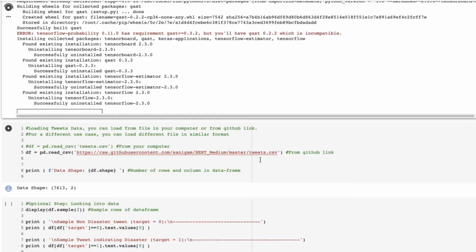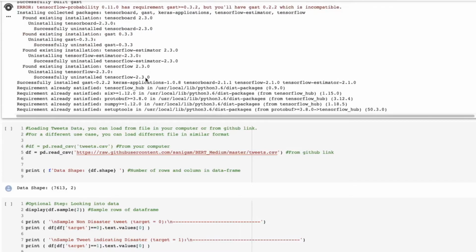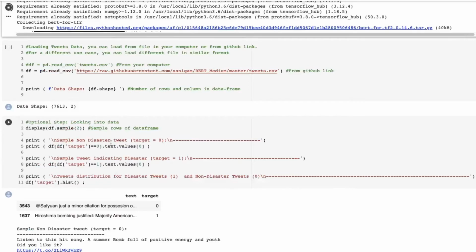from my GitHub repository. And just to remind you, the code is available in Colab as well as in the GitHub repository. I'm just demonstrating here in Colab because I'm also showing you the running code. Okay, so let me explain the other cell as well by the time it is completing.